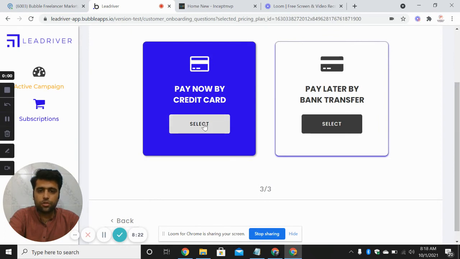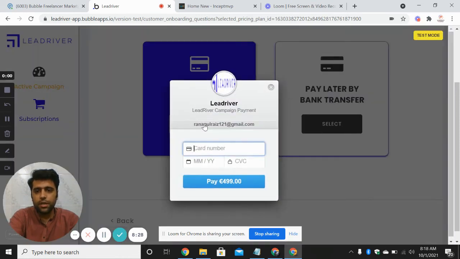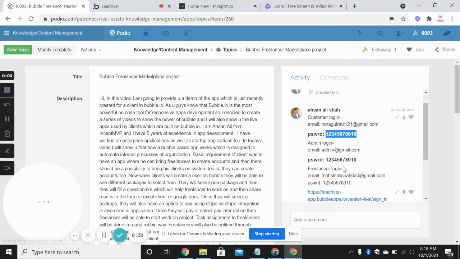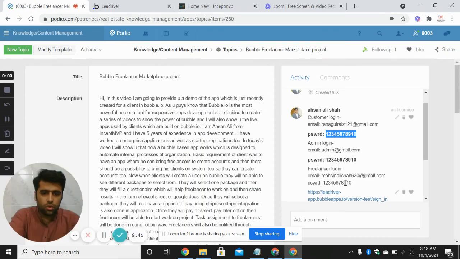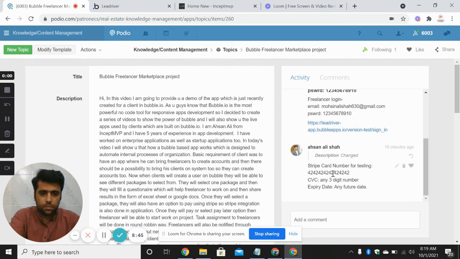So if I select to pay through Stripe, then I will click on this button, and Stripe integration is already done into this application. So I will provide a card here. I will provide a date, and then I will provide a CVC. I have already created a test card here, so I will put that card into the Bubble Stripe integration.